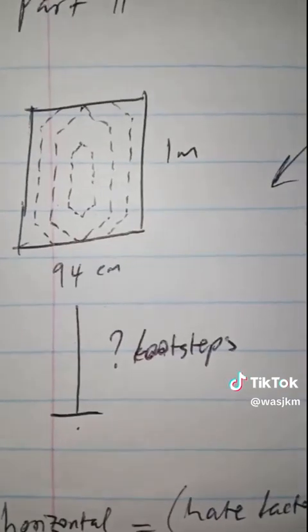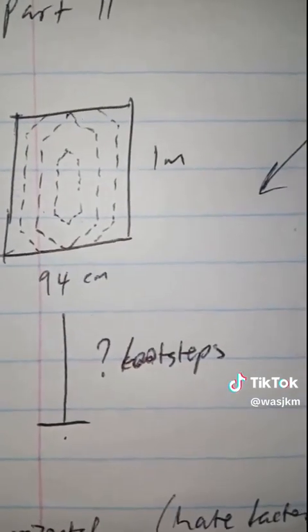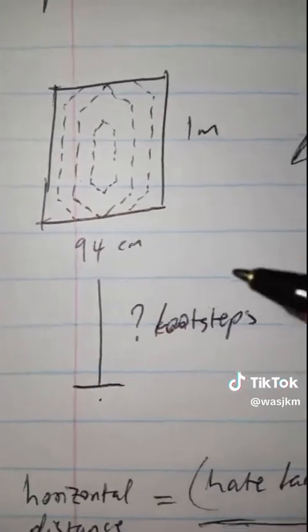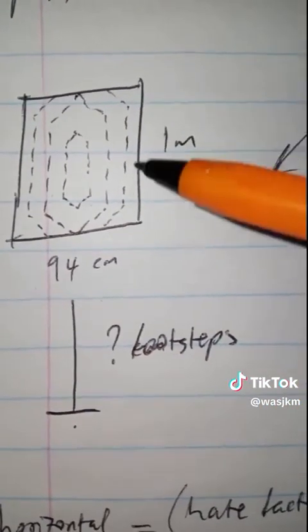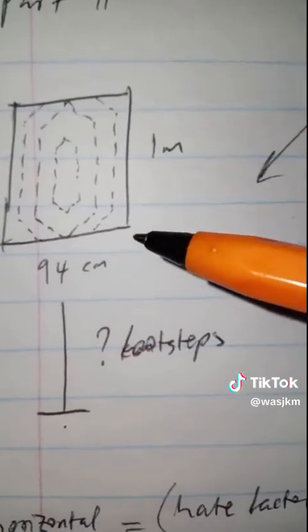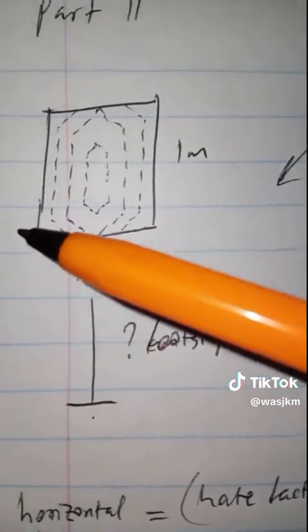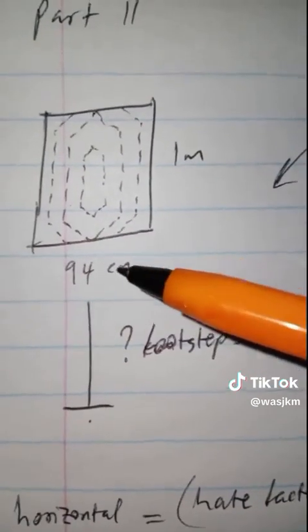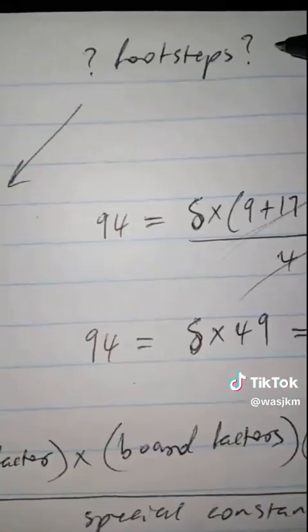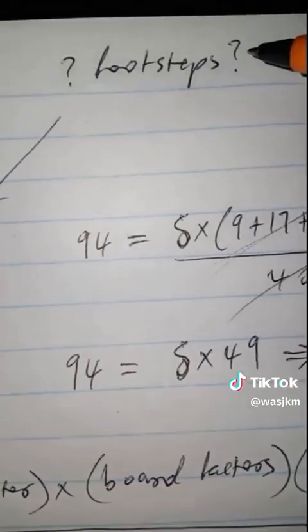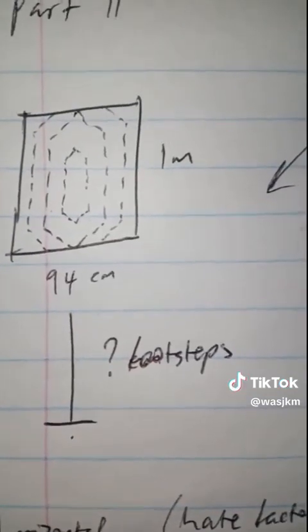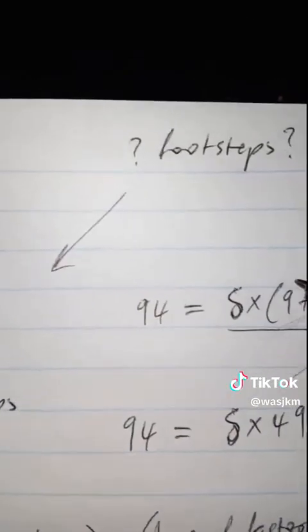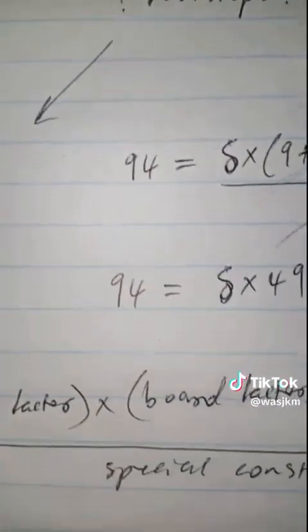Let's use the familiar or pre-existing board with vertical distance of 100 centimeters and horizontal distance 94 centimeters. And so how many footsteps for our model target board? We use our third expression,